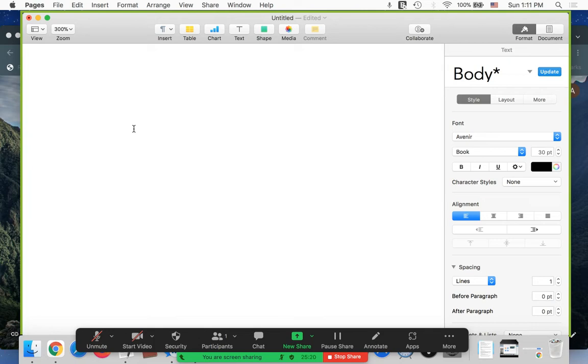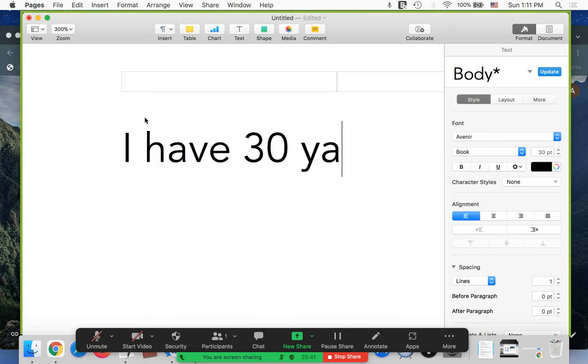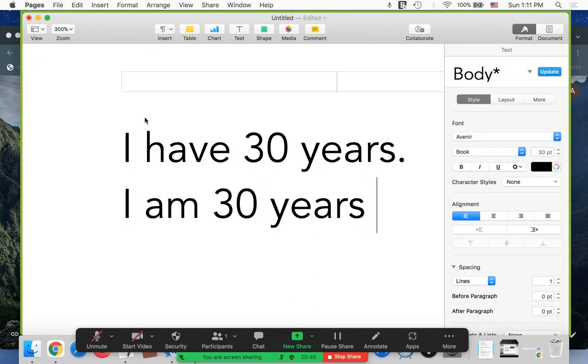It should be easy for a student, even using a phone, to see what's on the screen. So I like to use a word processor like this. One reason is that it has more options for formatting. For example, if the student makes a sentence that is incorrect, for example, the student says, "I have 30 years" instead of "I am 30 years old,"